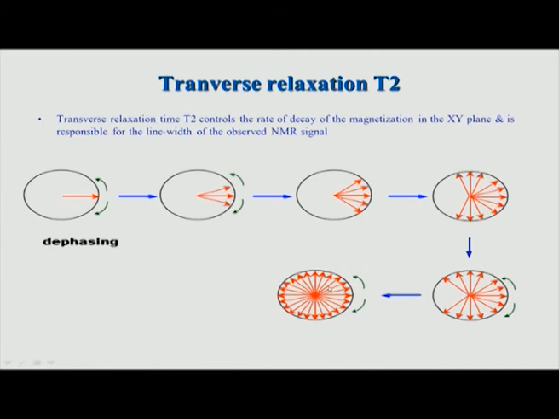This is called T2 relaxation, and it is very important because it contributes to the line width. Remember, all the peaks in NMR are never a single line; they will always have a width, and that width is coming because of T2. It is typically proportional to 1 over T2. If T2 is long, meaning it takes a long time to happen, then the line is very sharp and tall. But if it happens very quickly, then the line will be very broad. So T2 determines whether the line will be fat or narrow.